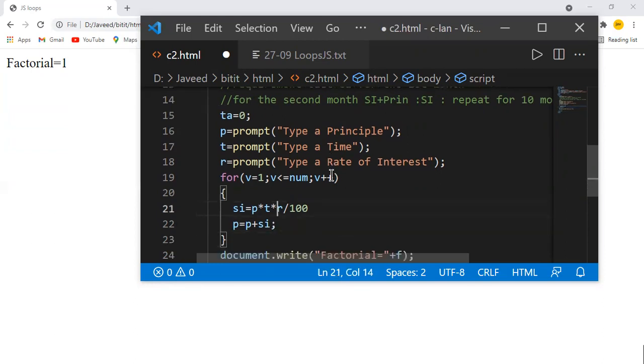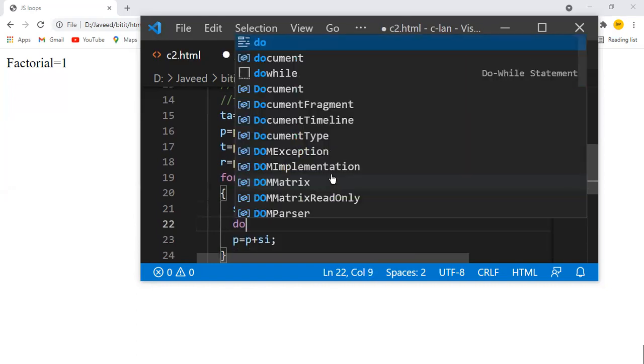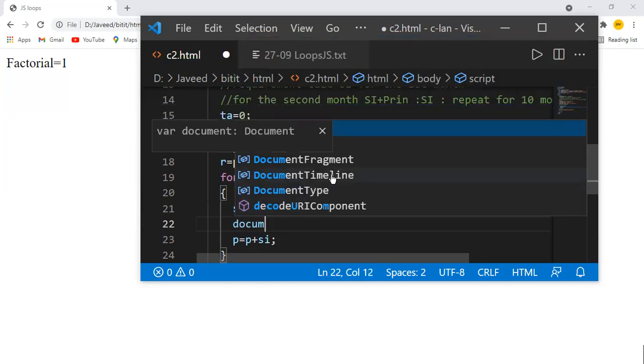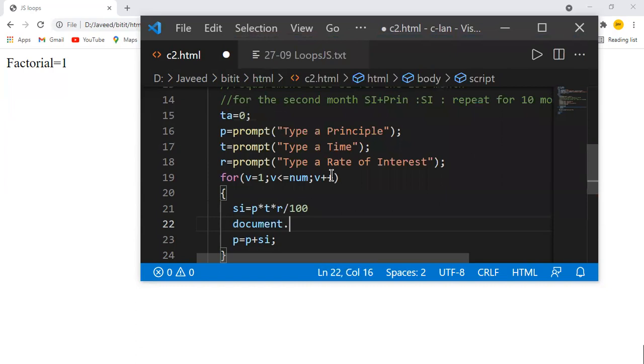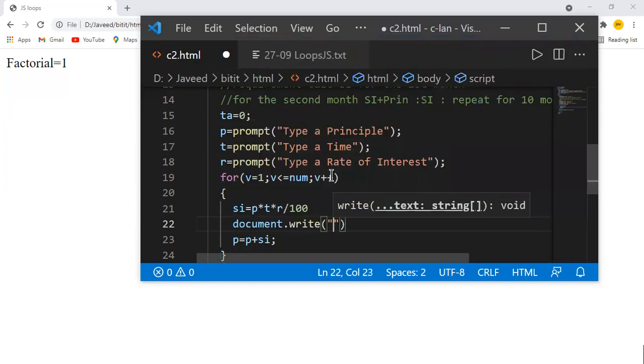So let us print the values. For that I'm using document dot write. Then I'm writing BR, which moves the content to the next line.